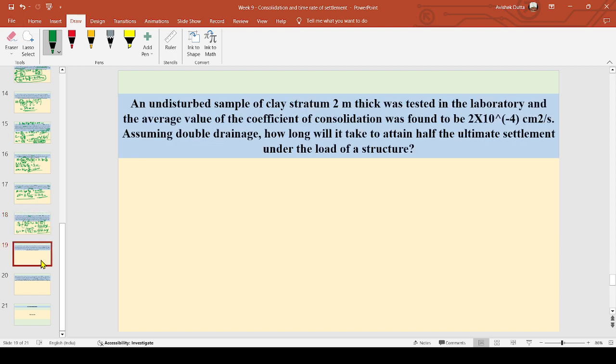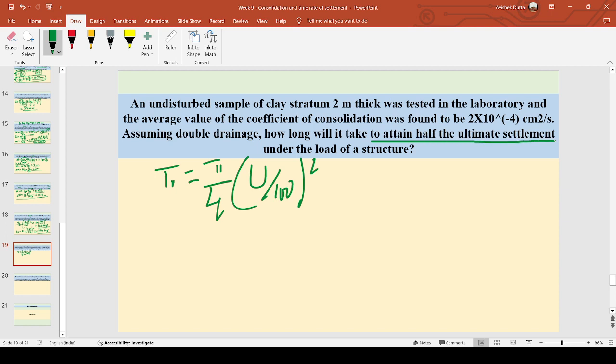Have you solved this? This is a very easy question. Again, in this question, considering the degree of consolidation to be less than 60 percent, we use the formula of time factor TV equals pi by 4 into U by 100, where U is the percentage, whole square. Now it has been said that to attain half the ultimate settlement, our assumption was correct, because half settlement means,